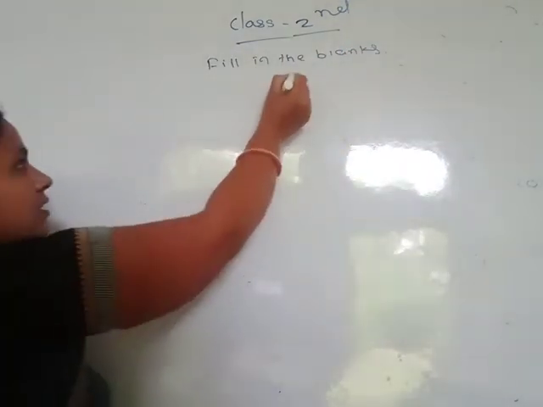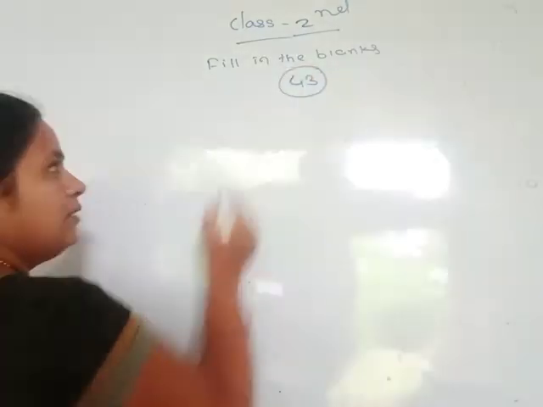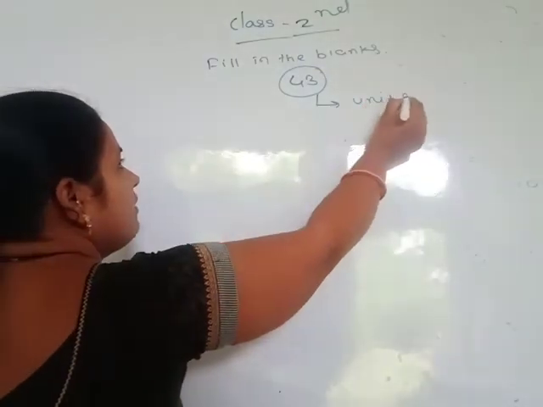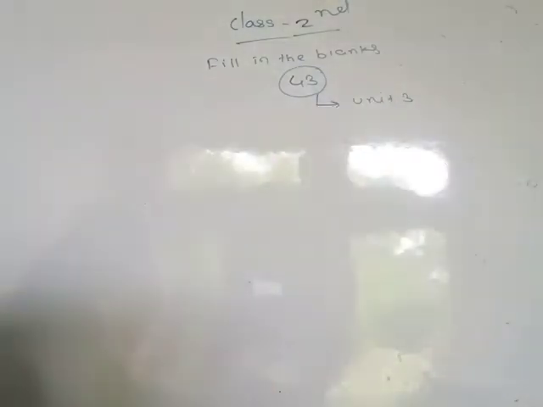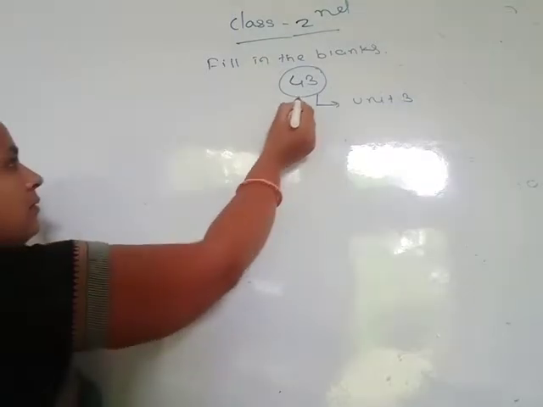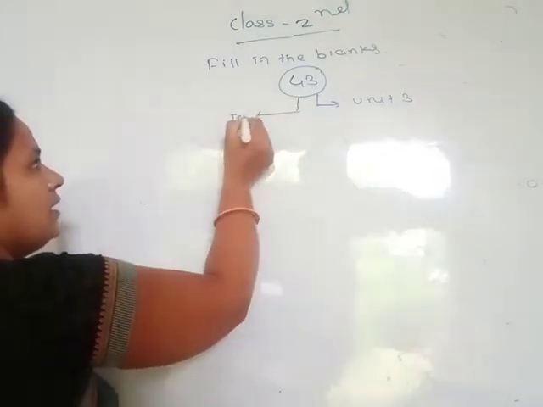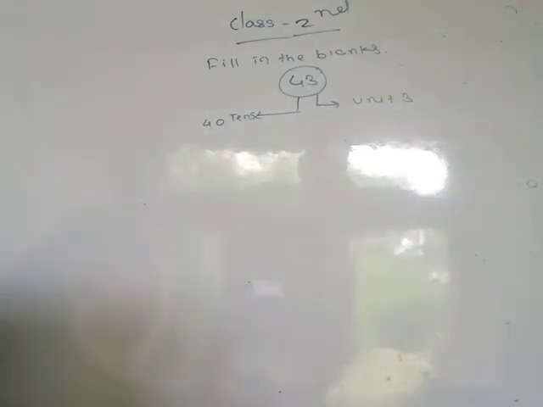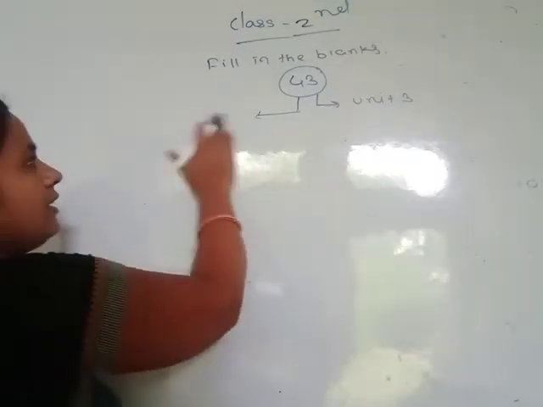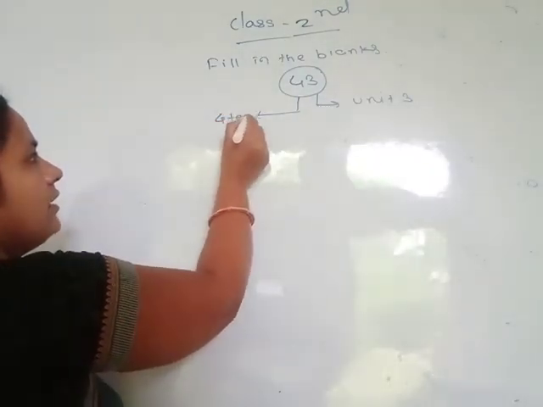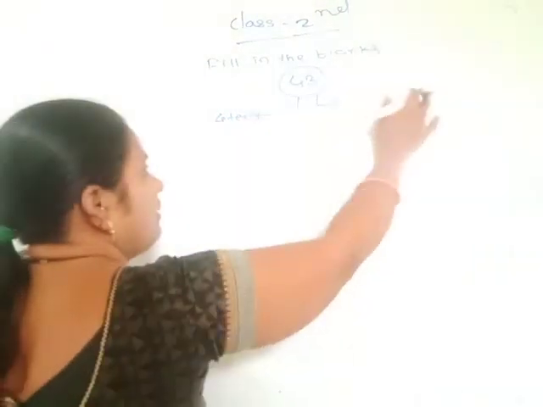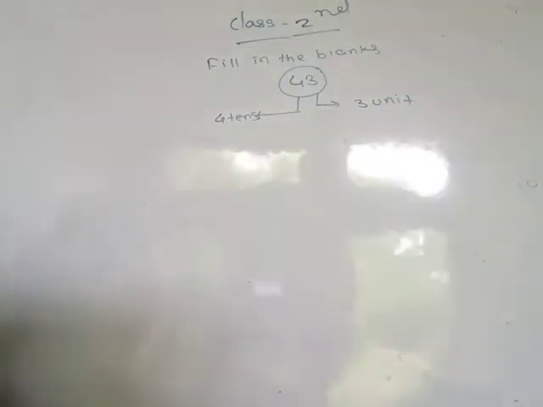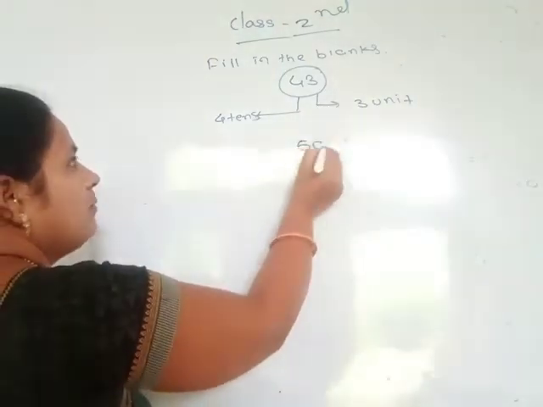Then here 43, this number is given. Then you write here 3, which place? Unit place. Then the unit place value is 3. Then you write here 3 and here 4, this is tens place, and the place value of this is 40. Otherwise you write here only 4 tens. 4 tens and 3 units, in this type, right? 4 tens, 3 units.